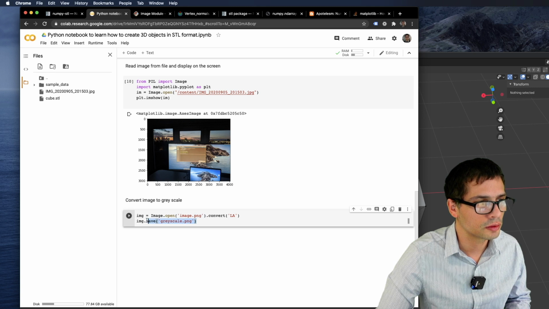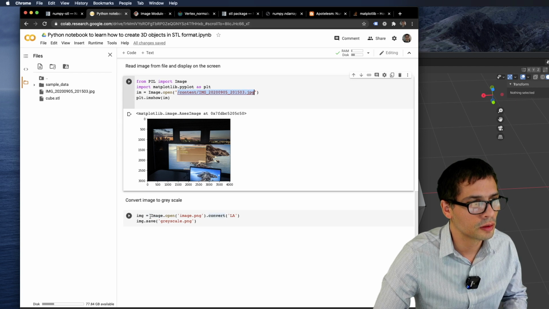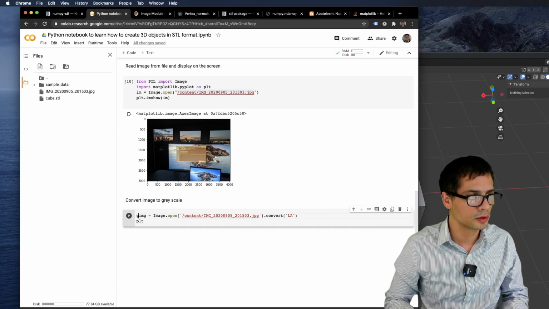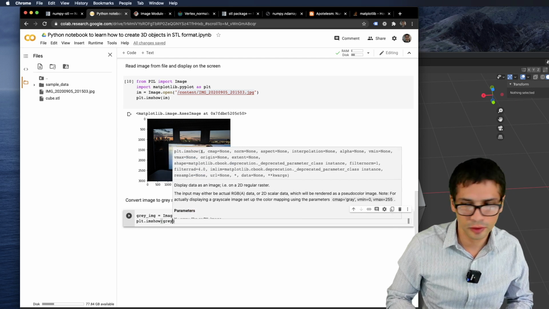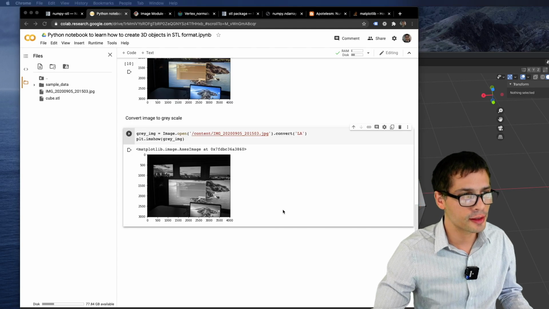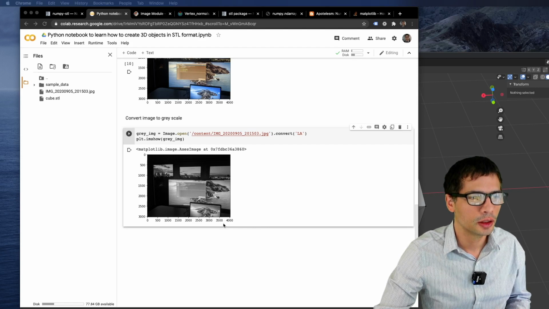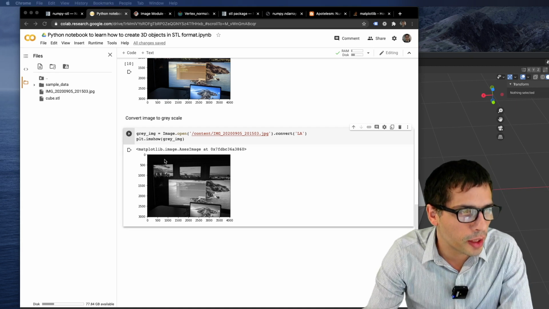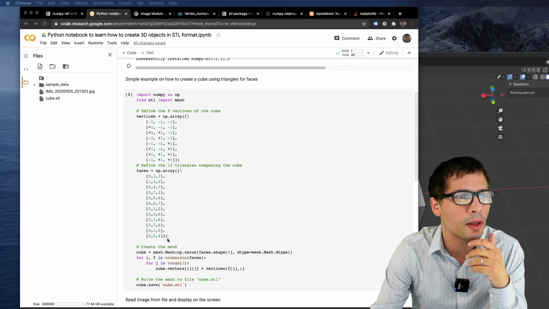So we can open the same image. I don't necessarily want to overwrite anything I've done before, so I'm just going to... Right, so it's in grayscale. So in grayscale, I basically have, well, a matrix, and then each element in a matrix is a light intensity. So how do we go from a cube to a laser beam? Maybe that's a big jump, but...